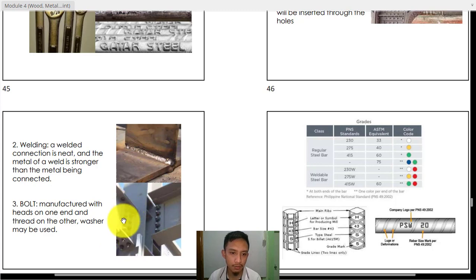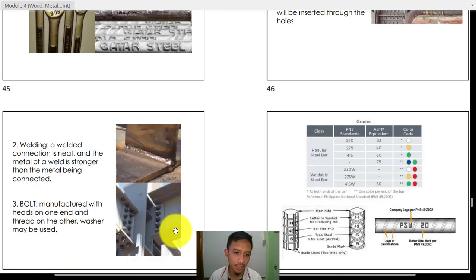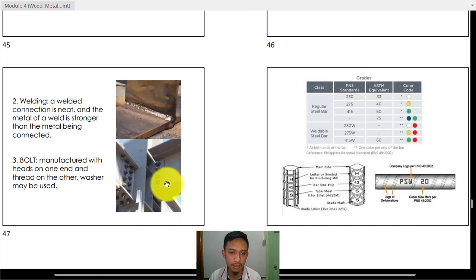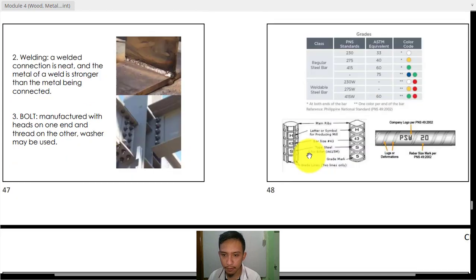The connection should be strong enough for the member to use its total strength before it will fail, or of course not to fail, because that is not designed to fail. But for example, if the strength of the member should be reached before the connection fails. So that's why it is also important for us to design the connections. We have here now what we call the